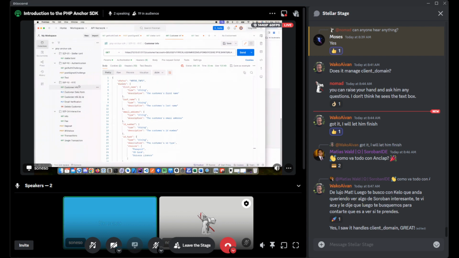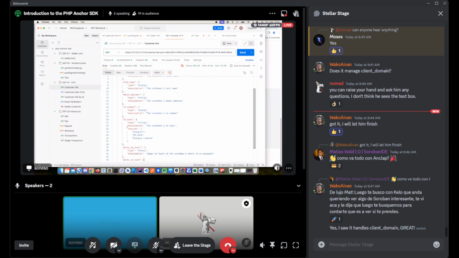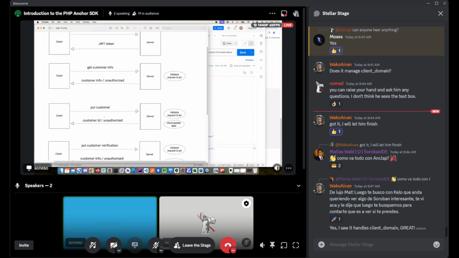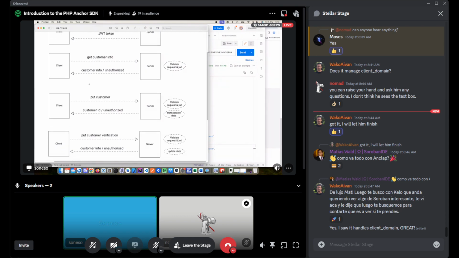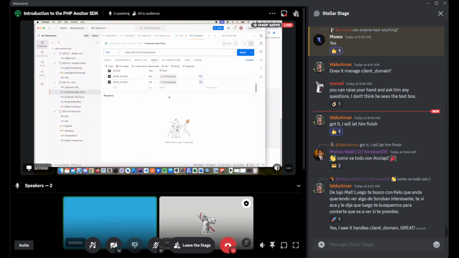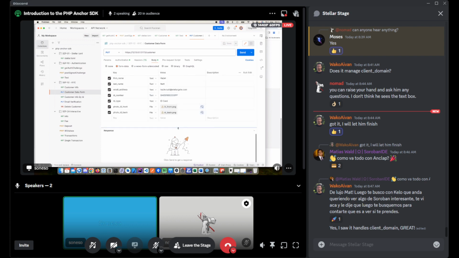So now let's go here and fill some of these fields. Next we can see that one of the next steps is to put the customer information into the server. So it will create a customer ID, and we can see how I prepared some things here. Let's first put just the last name. We don't put the last name, so that we have something missing. We put here the photo ID from